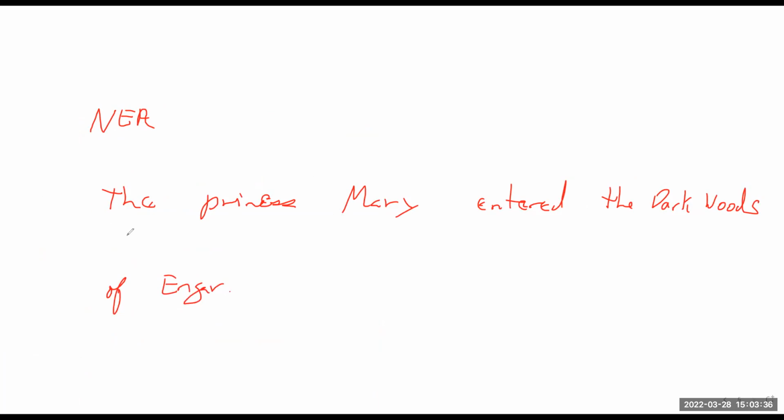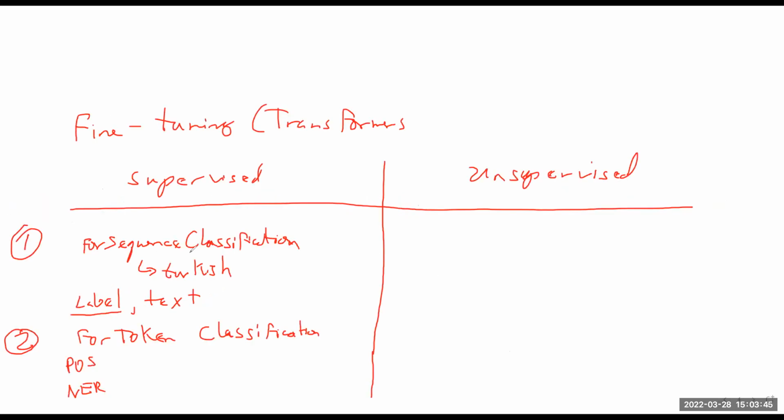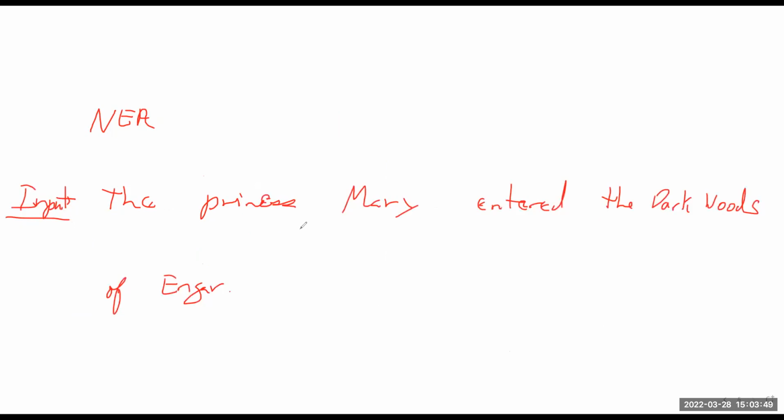So this is the input. If this was for sequence classification, it would just give us a whole label. Like for instance, this might say scary, right? If it was something like that. But for token classification,